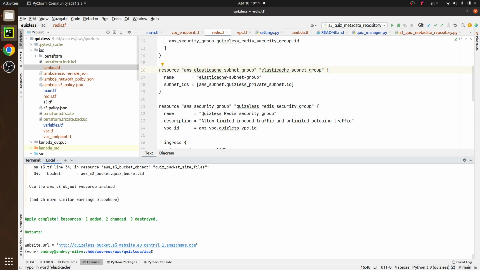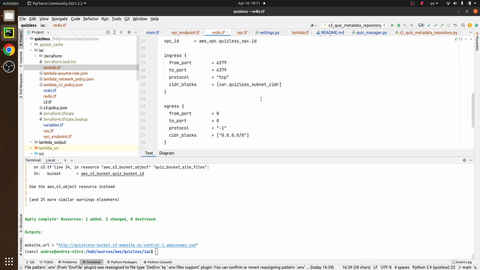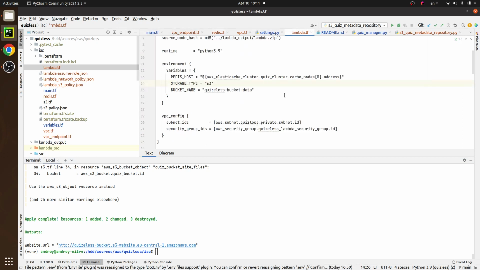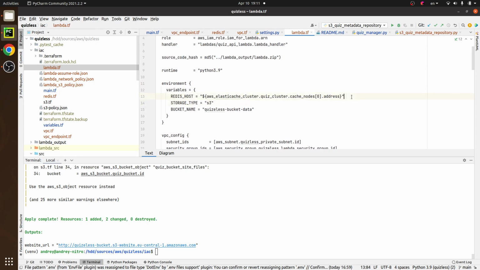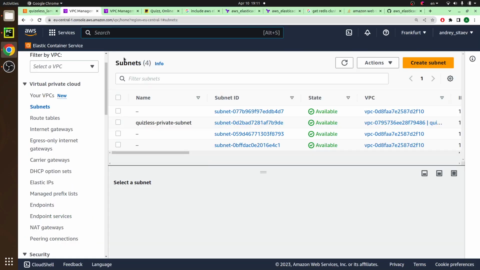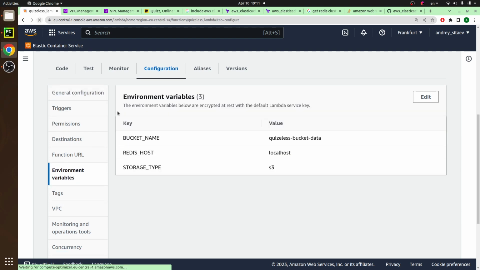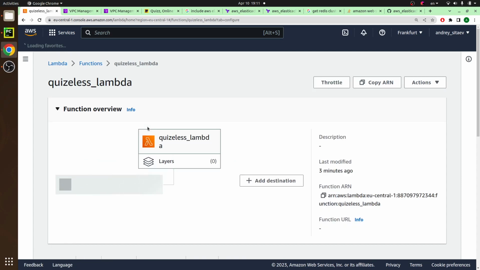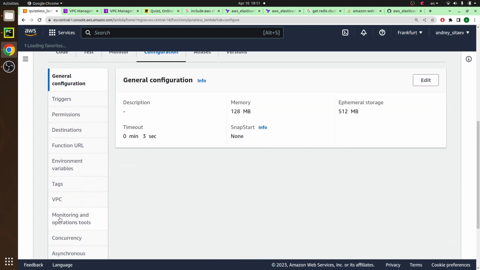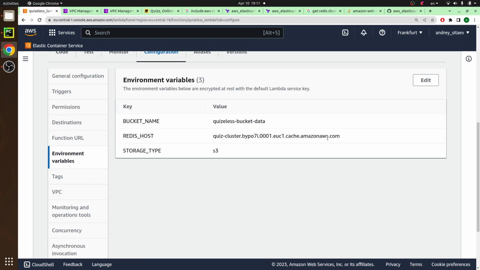And now that I defined the subnet group, the security group, and also, let's check the Lambda function definition, the Redis host for the Lambda function definition. I'm just gonna go and check the configuration for the Redis host environment variables. Maybe that's an old value. Let me refresh it. Now it looks fine. I believe that's it. That's the address. I don't need the port. I believe the port is the default one,